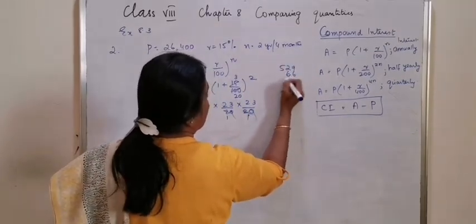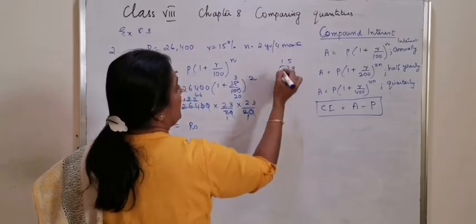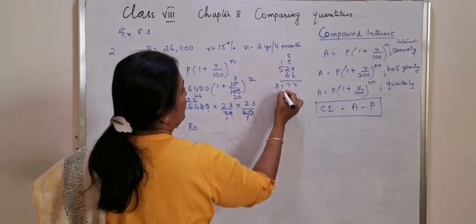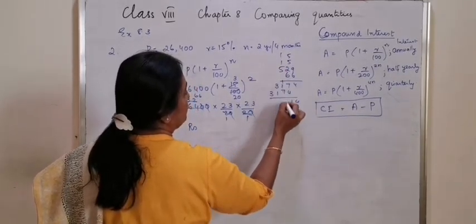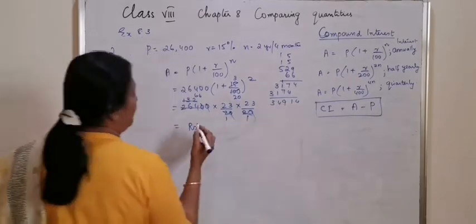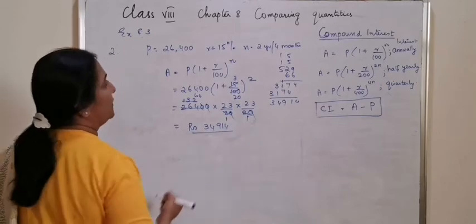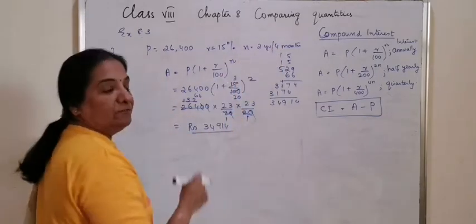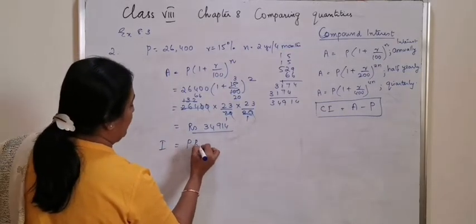529 into 66. 6 9s are 54, 12 plus 5 17, 31, 6 9s are 54, 12 plus 5 17, 31, 7, which gives 34,914. And now with this principal you will be calculating for another 4 months interest as I is equal to